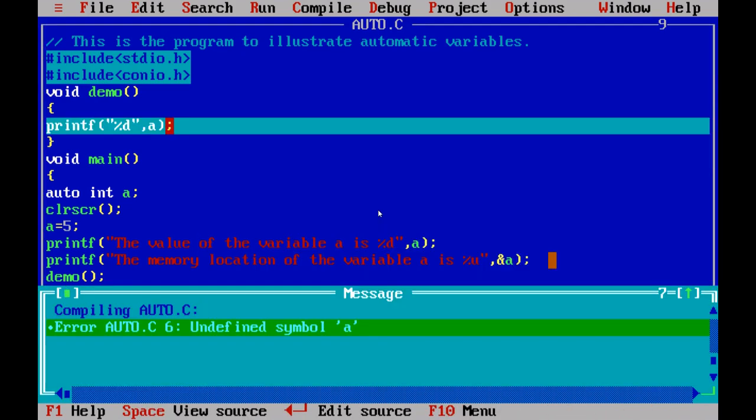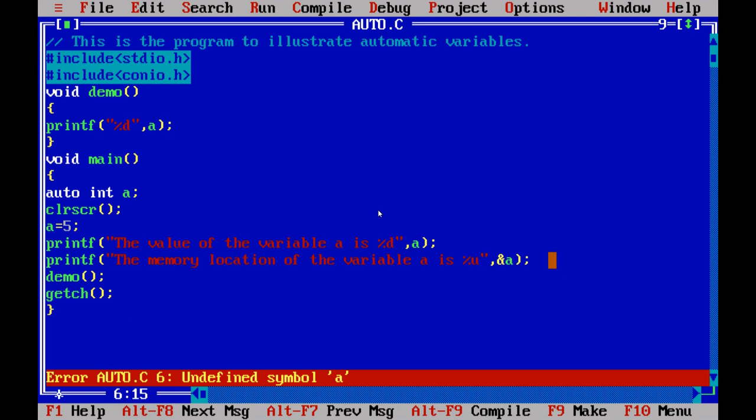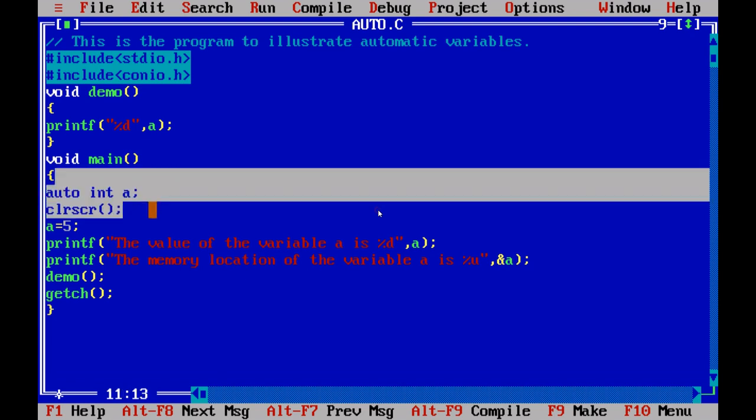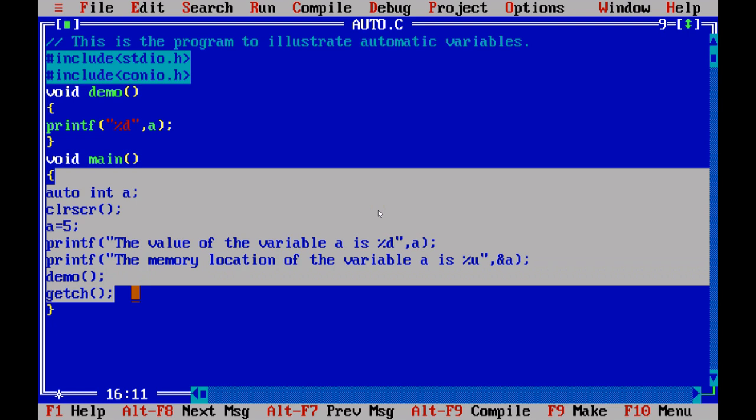You just see here I'm getting the error message as undefined symbol a. The reason is the storage class that I have defined here is auto. It means this variable can be accessible only within the block where I have declared it. Here the variable a is declared within the block main only. That's why I can access this variable only within the block main. I can't access this variable in the user defined function demo.